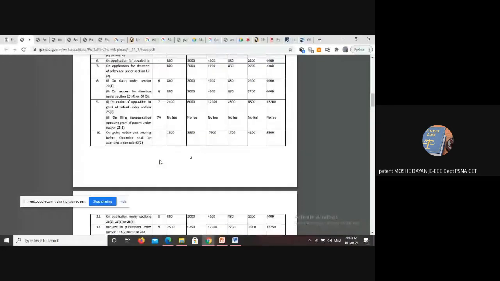So recently I said in my morning presentation, one person got a patent grant within 8 months. That is, in 9 months he received the patent grant certificate. That is something amazing. That is done with the help of this Form 18A. But again, you have to pay this excess fee of 8,000 rupees, where you are requesting the patent office for expedited examination, for quick examination. All right. So this is one option.